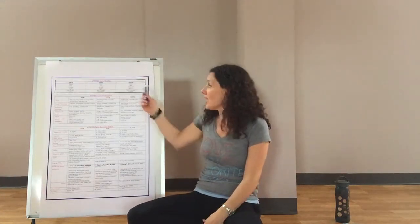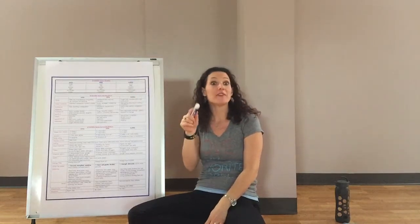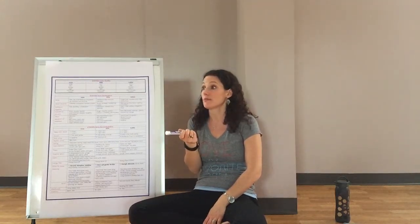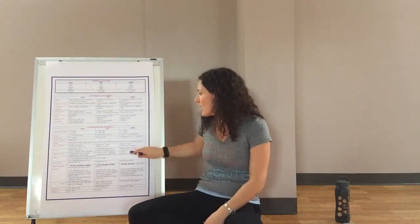So sesame oil will warm. It's not for kaphas because it's heavy. Sesame oil is warming and heavy, so it's good for vata, but not for the kaphas because they have heaviness. They need a light oil, a light warming oil. So for kaphas,